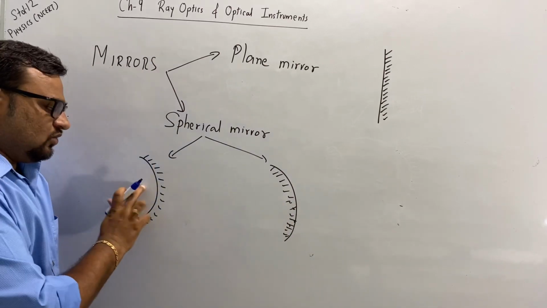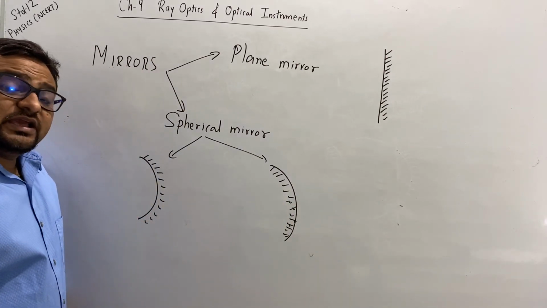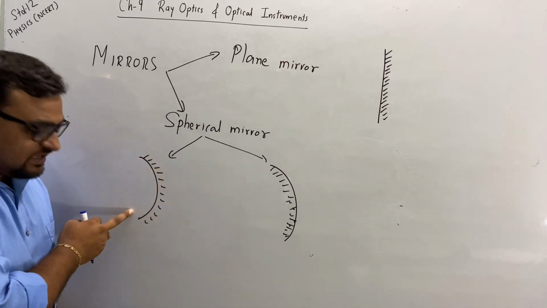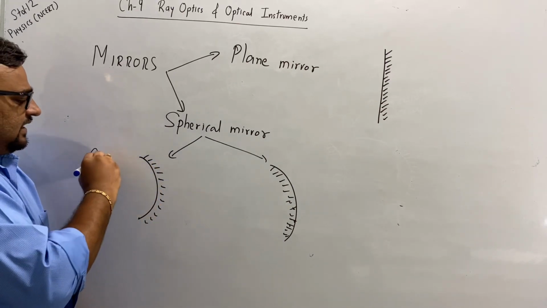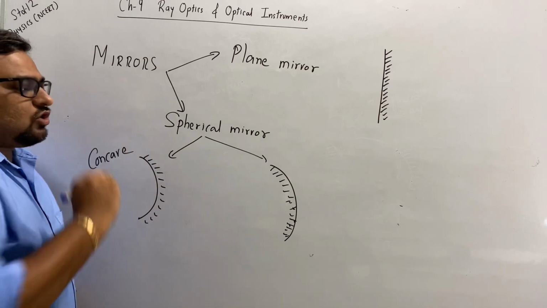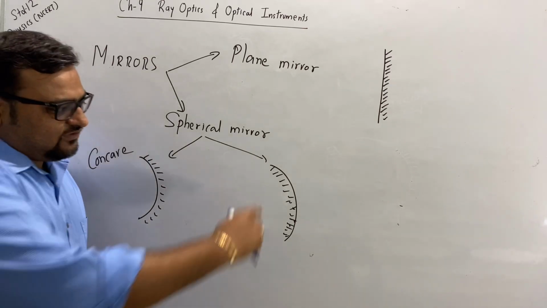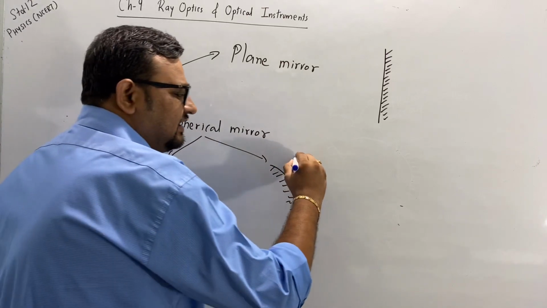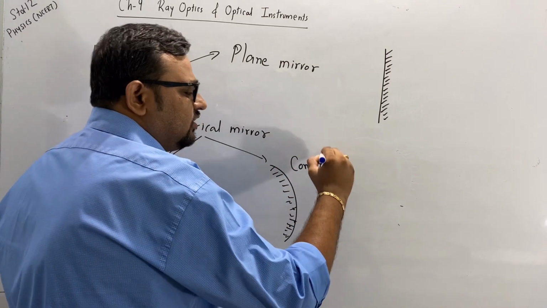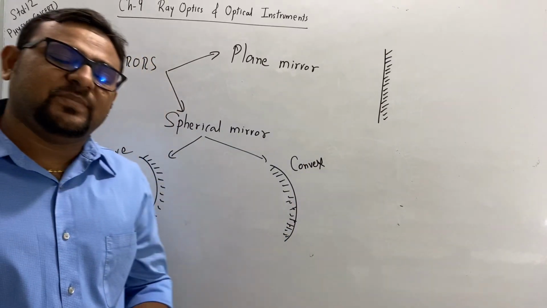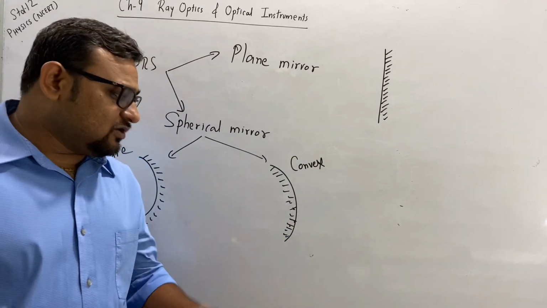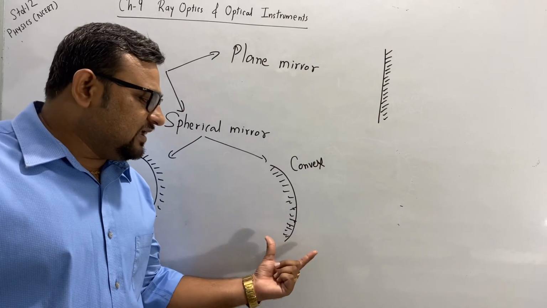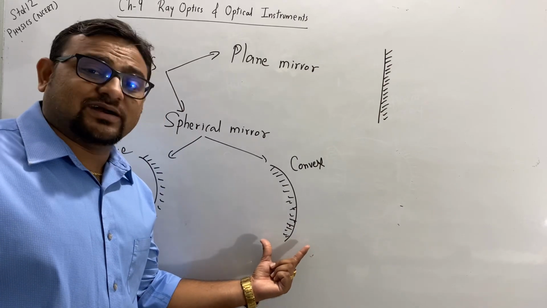See here. Which area is the reflecting inner area? If the inner area is made reflecting, then it is called a concave mirror. If the outside area is made reflecting, then it is called a convex mirror. Even the convex mirror you are using in your day-to-day life, like the mirror that is in your vehicles,